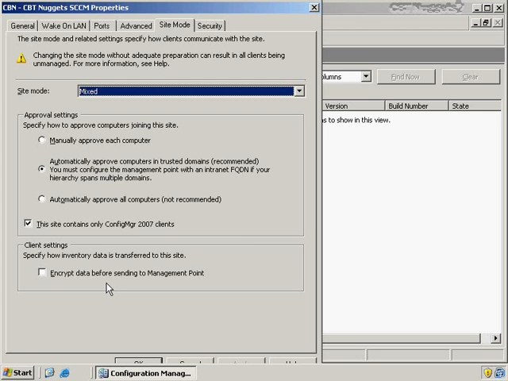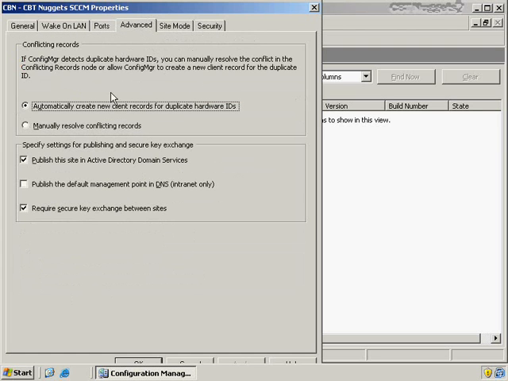If you're all in a single LAN, and you trust the network connections in that LAN, you may not necessarily need to encrypt that data as it goes from client to management point. I'm going to switch over here to the Advanced tab as well because we have one element we want to talk about here. We're going to talk about the other ones later, but under conflicting records, occasionally you may find